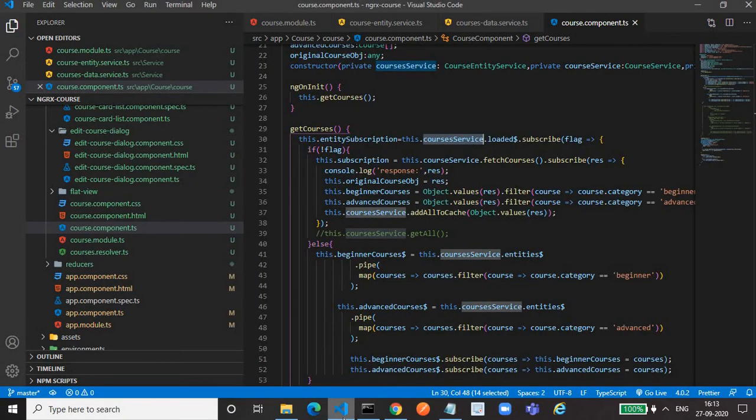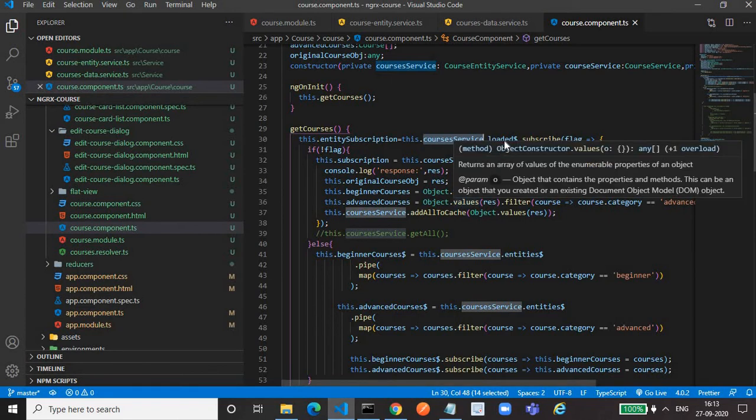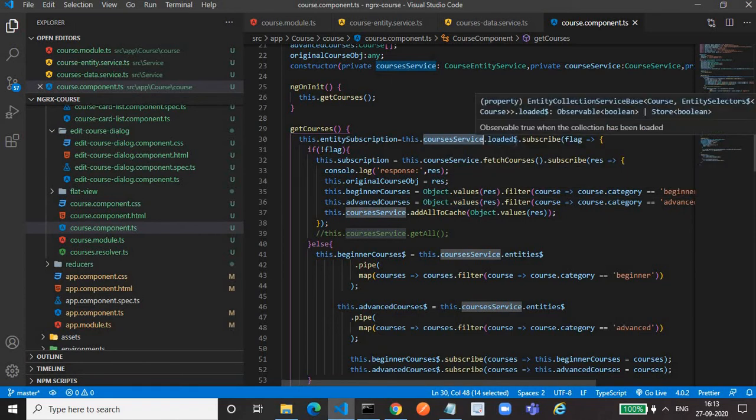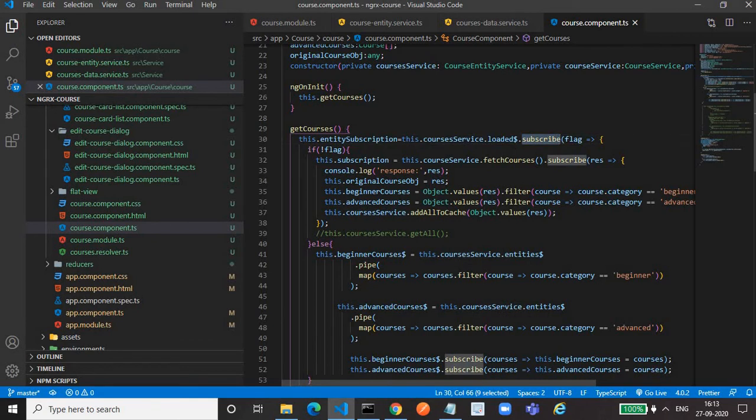So here we are using this dot courses service dot loaded$. It returns an observable. Then we are subscribing to that observable. We'll get the flag, true or false. And here we are checking if the flag is false, means there is no data in the store. In that case, we have to call the API for fetching the data from the database.